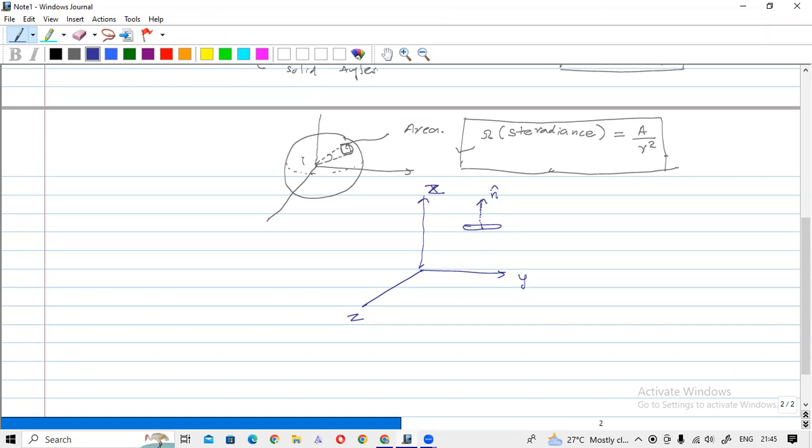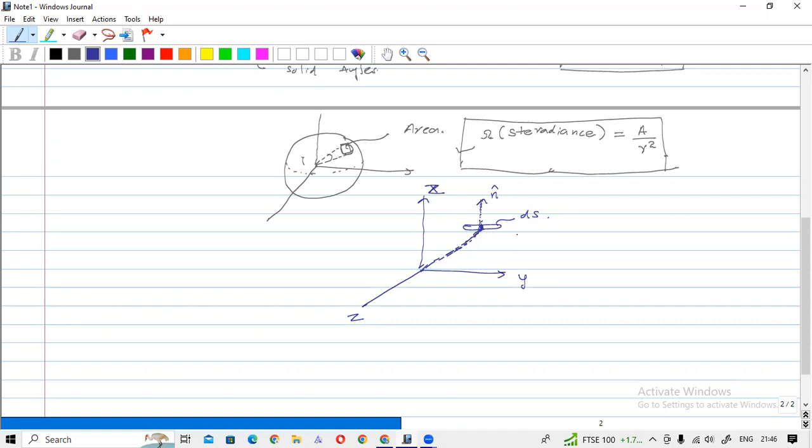Normally we refer to this n hat to indicate the wave propagation direction. I think you can remember it. Let's say that this is a very small area, ds. So this is a very small area. And if you connect this one, if you consider this position,